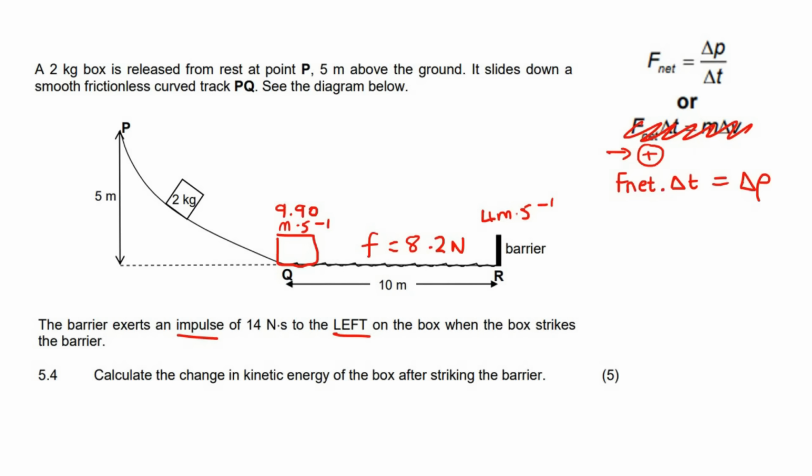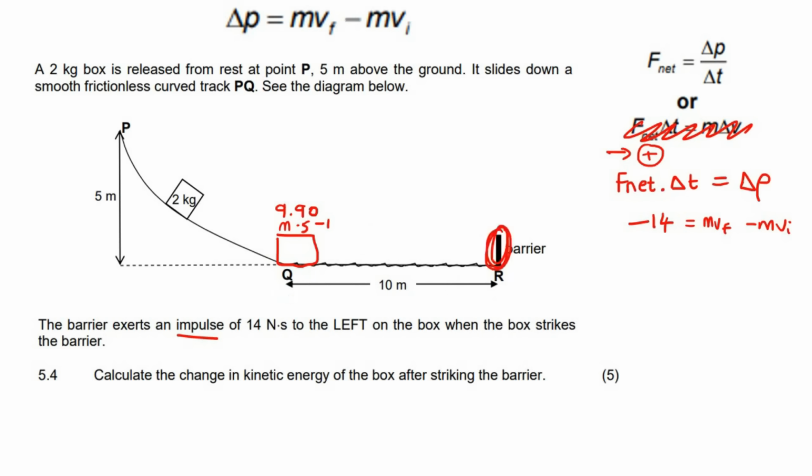Now they tell us that the impulse exerted on the box was 14 to the left. So I'm going to replace this part with 14, but it's to the left, so I'm actually going to replace it with negative 14, because remember, that part there is the impulse. And for delta P, remember that delta P is also given on your formula sheet as this over here. So I'll expand that into mvf minus mvi. But now remember, we're not talking about Q and R anymore. Now we are only talking about